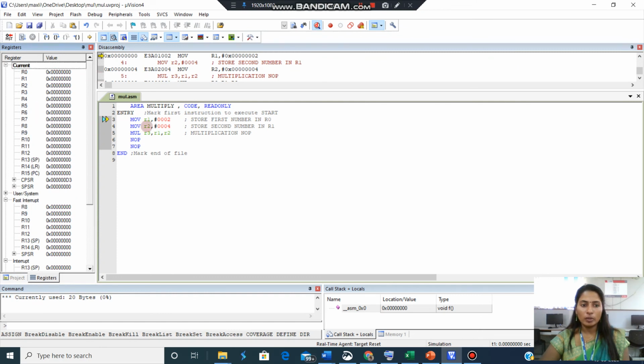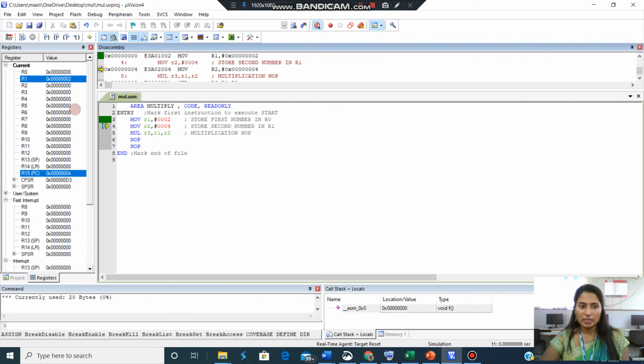Now we'll see the output. See the first program. Data 2 is moving to R1. So when we run, R1 register is initially 0. It should have the data 2. And program counter also you check it. Initially it is 0. Now the instruction is executed, the instruction is this one only. So to run the program you have to press F11 or this one. You can see here 2 is moved to R1. PC it was 0, now it is 4. So next address is previous address plus 4, now it is 4. So next time it will become 8.